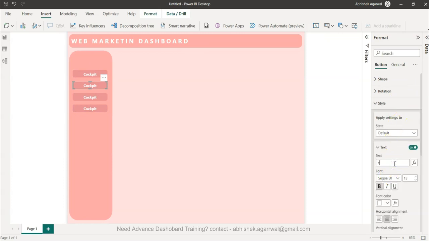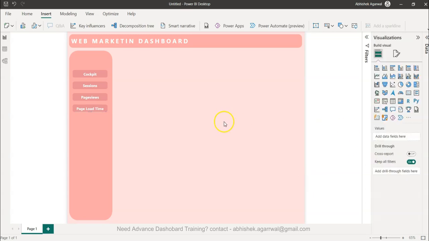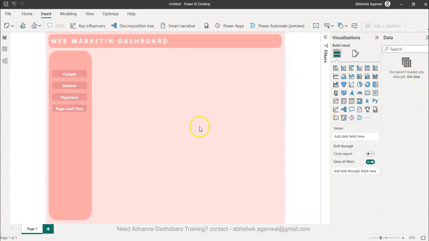Let's call it what? Sessions. Let's say all the sessions related metrics, deep down into that. Then all the page views related metrics, all the page load time. Okay, now we need to create our values, but there is no data, right? So far we have not loaded it, so at least designing is all we can do. And then let me bring the